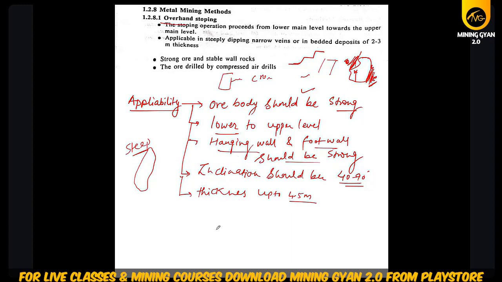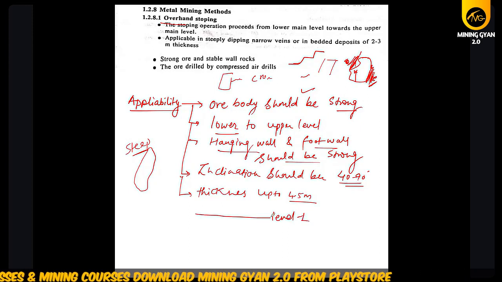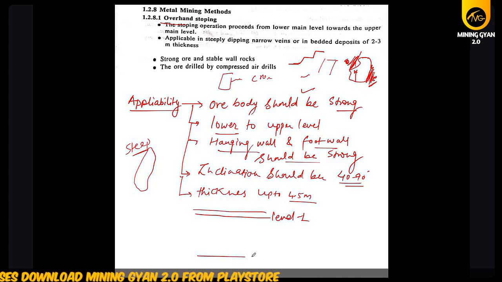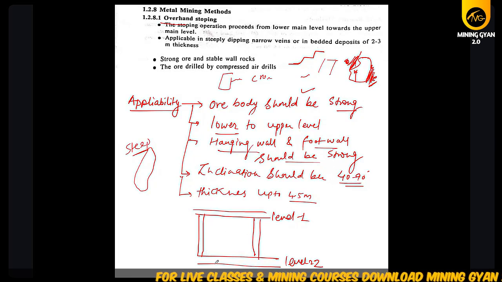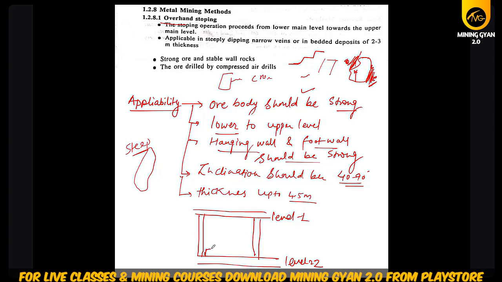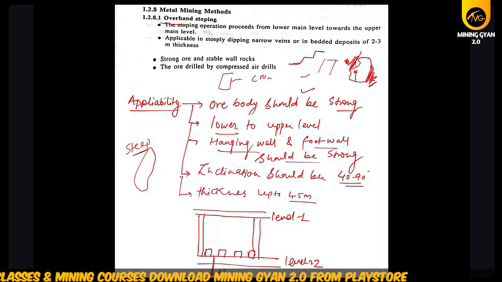So in this method, suppose this is your level 1, and this is your level 2. And this is your stope. So this is your rib pillar. This is your rib pillar. So we will do preparatory work and create a sill pillar. And this gap is known as chute,